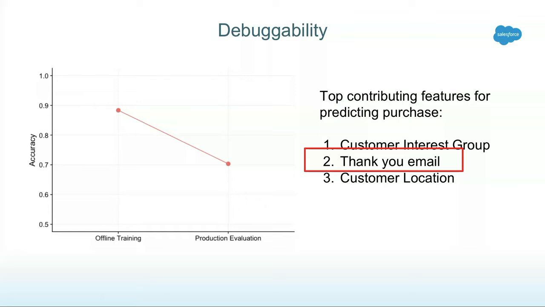So this is something that we call label leakage, and that we only really discover when we run something in production and can evaluate it on real life data. We can't really catch this in offline training. But here I'm able to explain why this model behaved badly, and we can do some actions to correct that in the future.